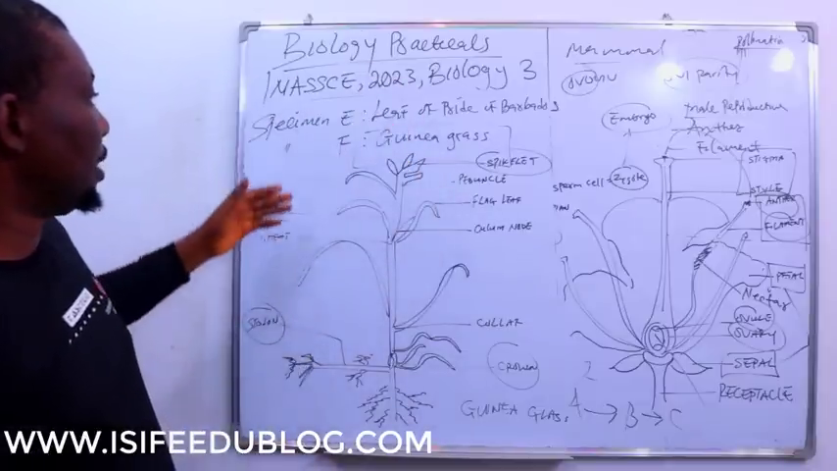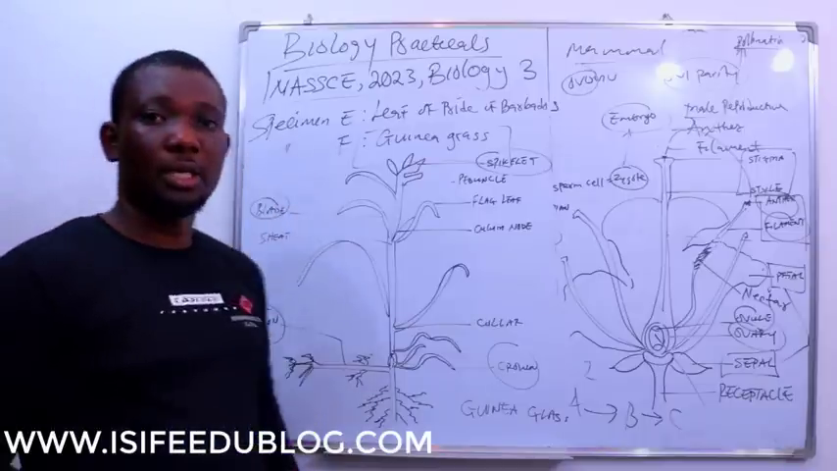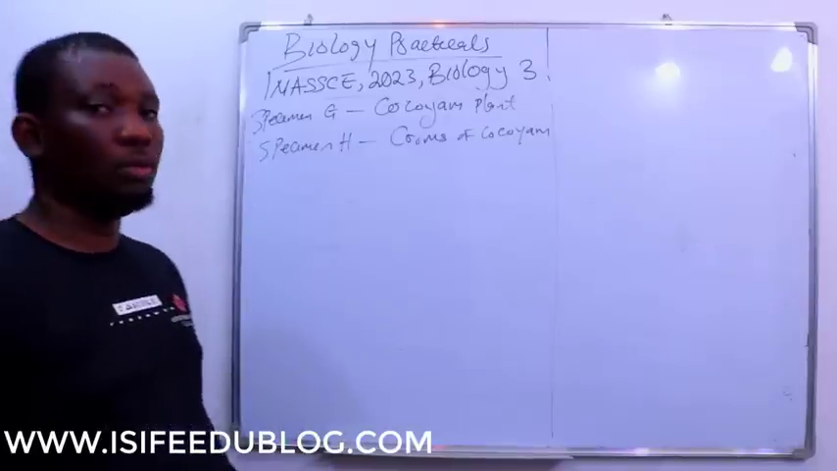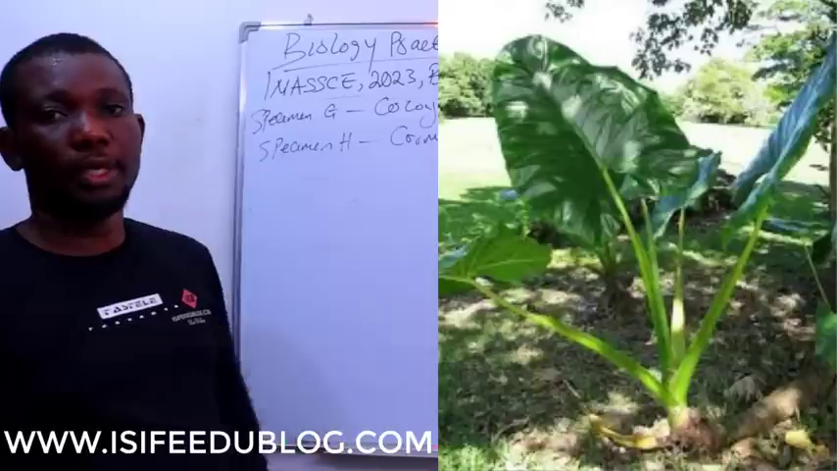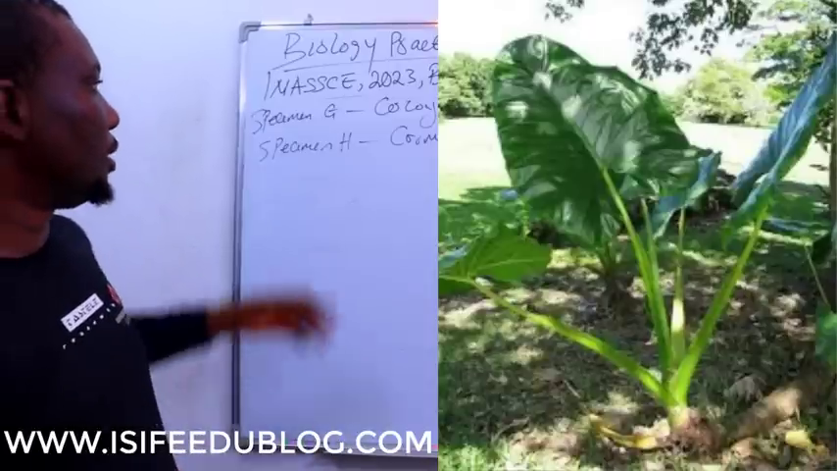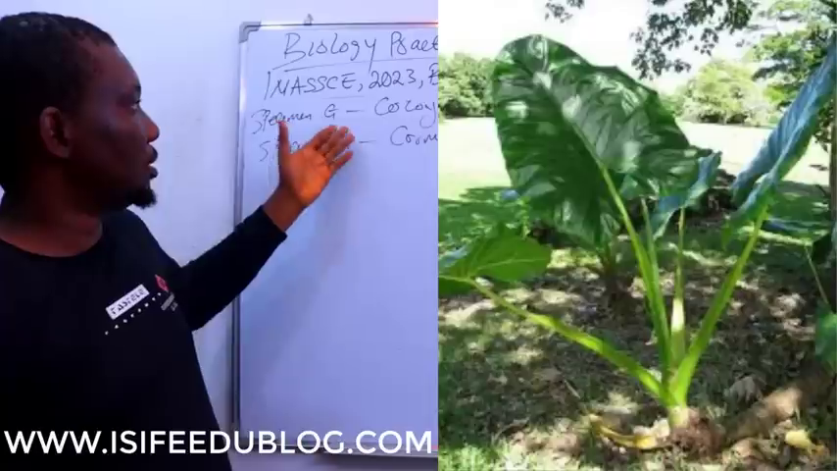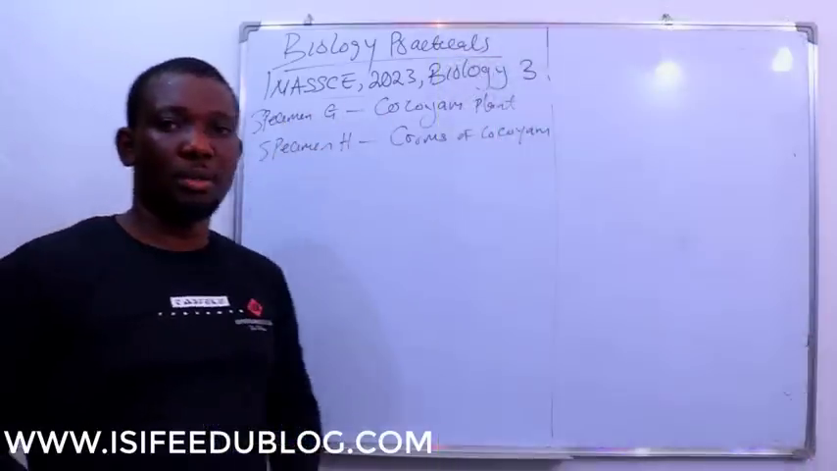So we are going to look at another specimen, which is specimen G and H. Specimen G is cocoyam plants, whole plants, and then corms of cocoyam. There's not much interest from examiners on these two specimens, but the fact still remains